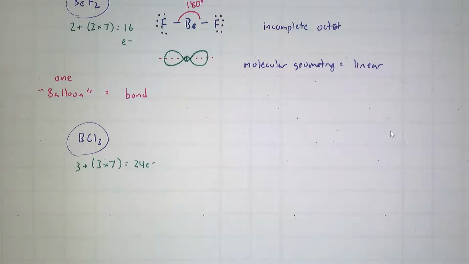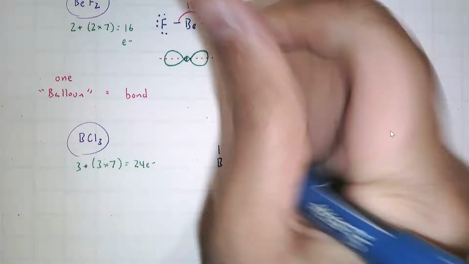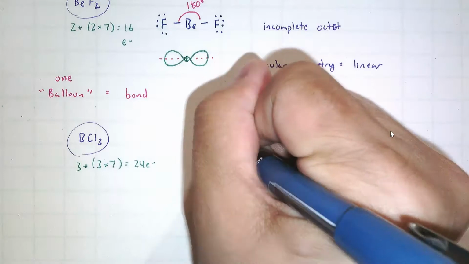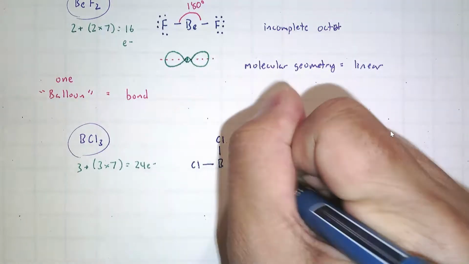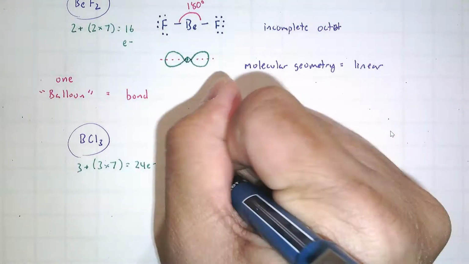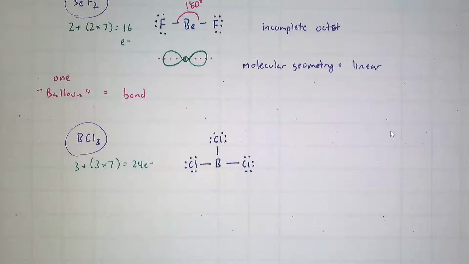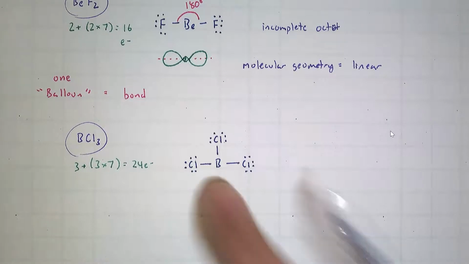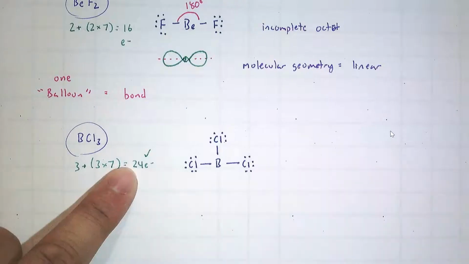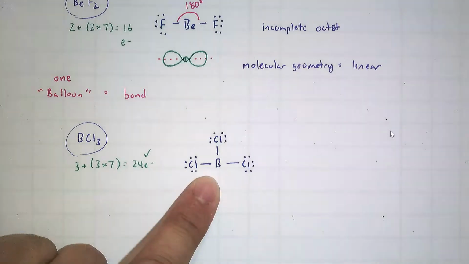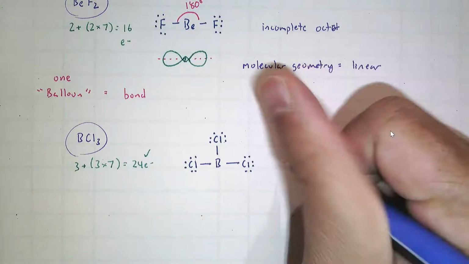And simply the way we drew it, I think actually the way I drew it in the Unit 6 videos was I just made everything look like right angles to each other. Again, we weren't concerned about geometry or the shape in Unit 6. We were more concerned about getting the proper, valid Lewis structure. There are 24 electrons, so again, we fulfill the valence count. Again, we have an incomplete octet because boron. Beryllium was group 2, boron is group 3. It's okay to have an incomplete